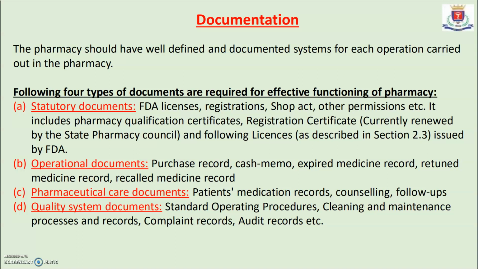There are 4 types of documents which are required for effective functioning of a pharmacy. First, statutory documents: FDA license, registration, SOP, Act and other permissions, etc. Operational documents: purchase record, cash memo, expired medicine record, return medicine record, recalled medicines record, etc. Pharmaceutical care documents: patient's medication records, counseling, follow-up, etc. And quality system documents, that is SOPs, standard operating procedures, cleaning and maintenance processes and records, complaint records and audit